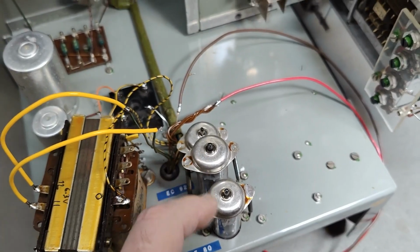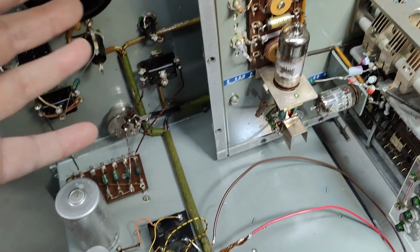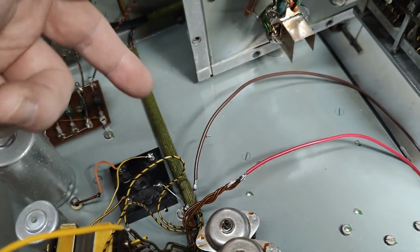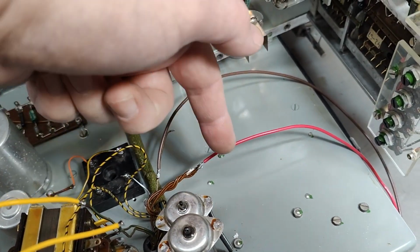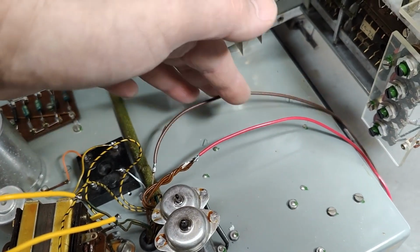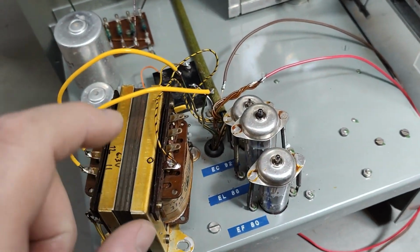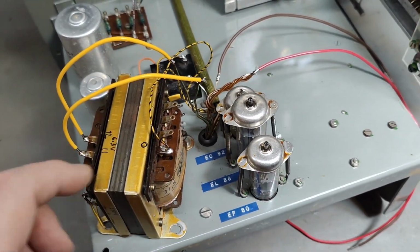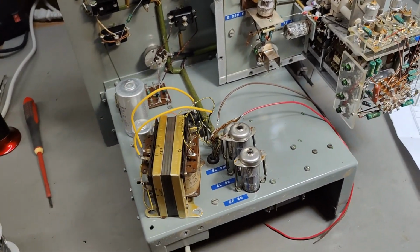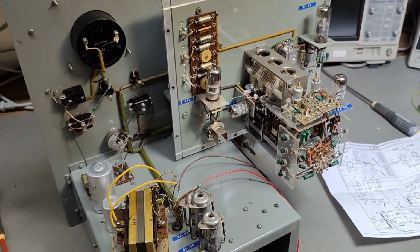All the other filaments for all the other tubes, they are more or less in parallel. All the wires, they come in here. Those 4 wires, this is what we got for filaments. I just put all these in parallel. So I will just feed these with DC from a normal power supply, so I can heat those up, and then I can play with the high voltage and the filament for the high voltage regulator. So I think I'm quite ready to power this up and see if I can bring it back to life